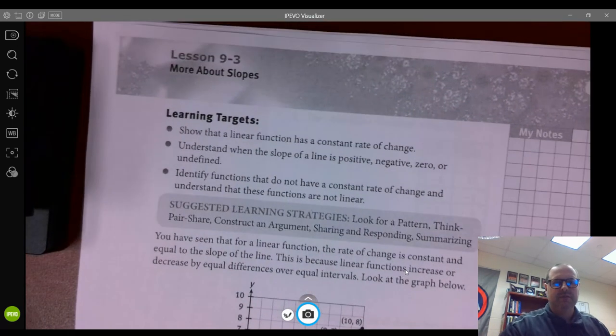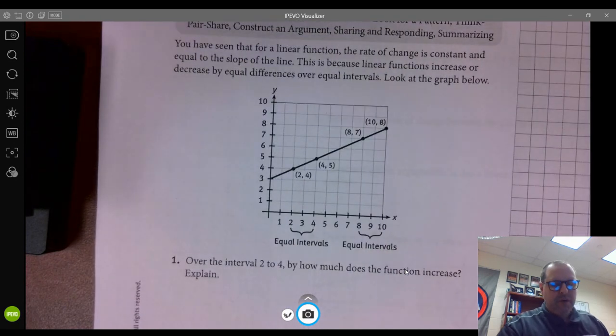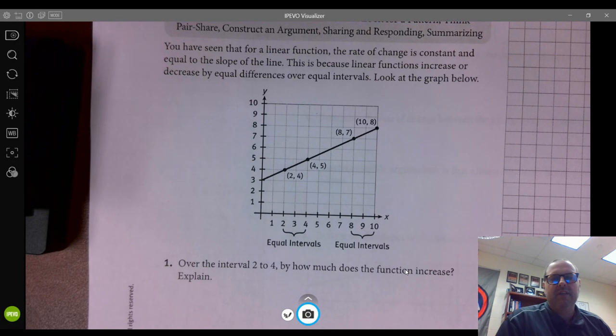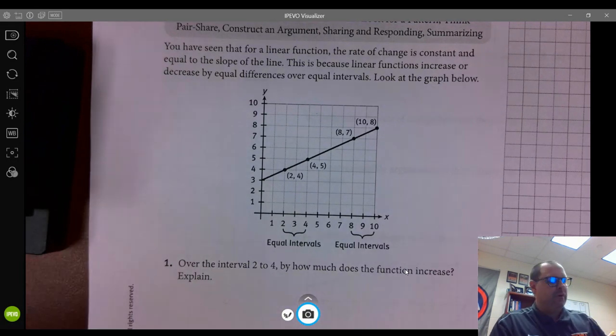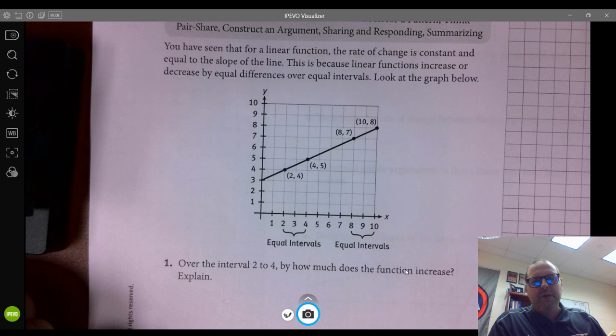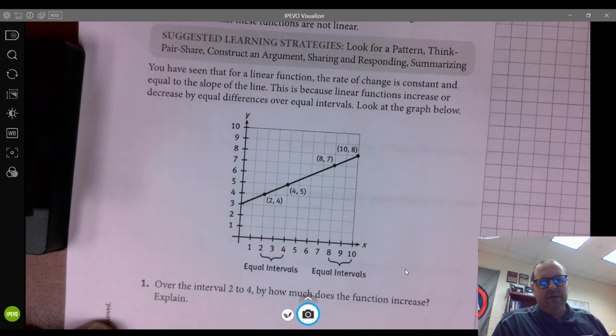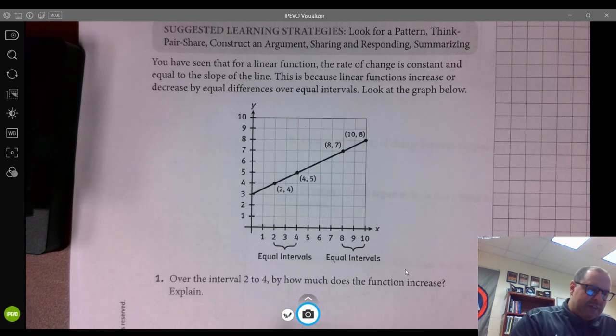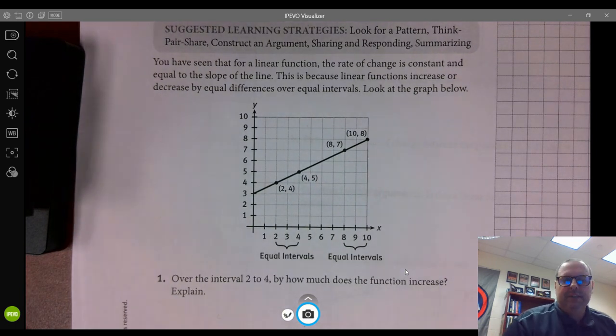More about slopes. So this is 9.3. You go to page 133. 133. This is what we're going to use for it. If you want to put it in your notebook as well, we're really not doing anything differently as far as finding the slope. If it's on a graph and you want to find the slope, well, you just need to